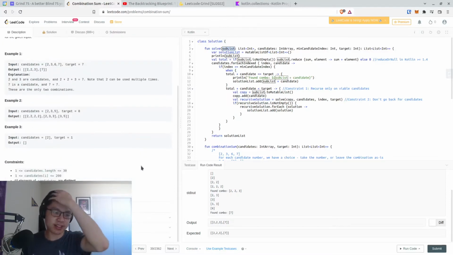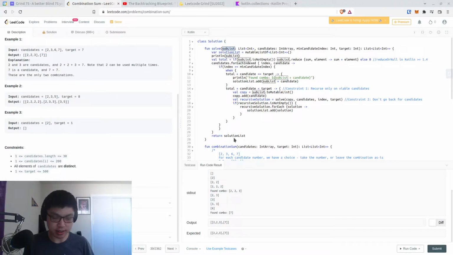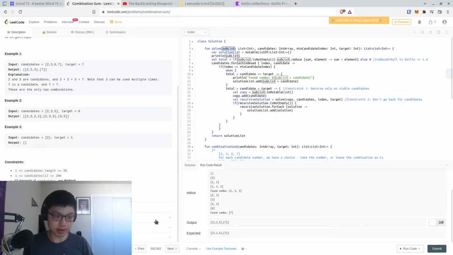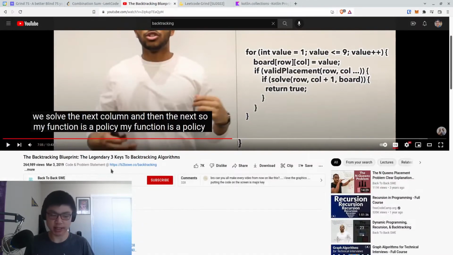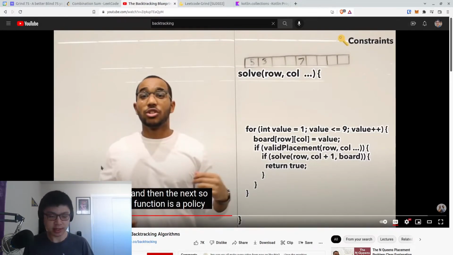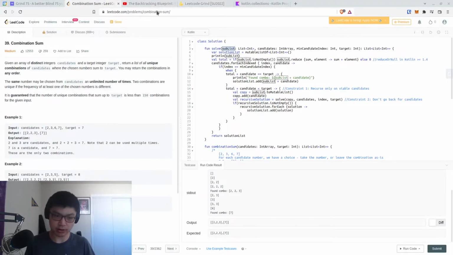So, I decided to take a peek at the related topics thing at the bottom of this LeetCode problem. And it told me that this is potentially a problem that could be solved with backtracking. I have not brushed up on backtracking, so I went back to one of my favorite videos on this, which is this one by Back Software Engineering. This is a really good video on backtracking